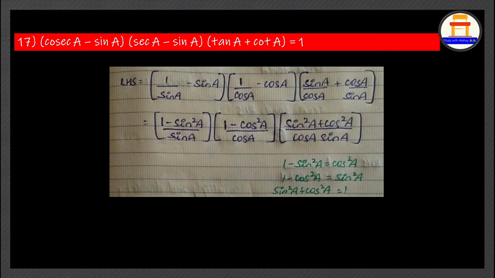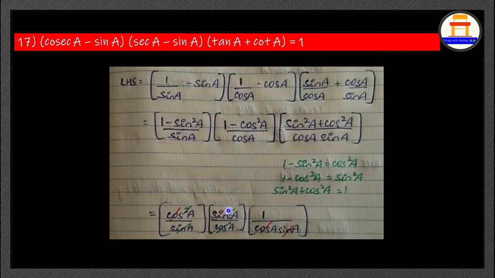So let's substitute the values. Don't get confused about why I have cancelled all of them; I will explain. Here 1 − sin²A is written as cos²A, 1 − cos²A is written as sin²A, and sin²A + cos²A has been written as 1. First let's see the green color. Denominator cos A will get cancelled. cos²A is nothing but cos A into cos A, so one cos A and one cos A get cancelled. Here also sin A in green, and sin²A can be written as sin A into sin A, so one sin A and one more sin A get cancelled.